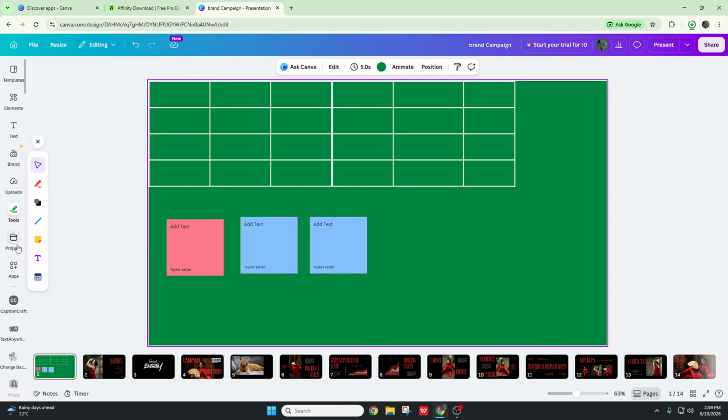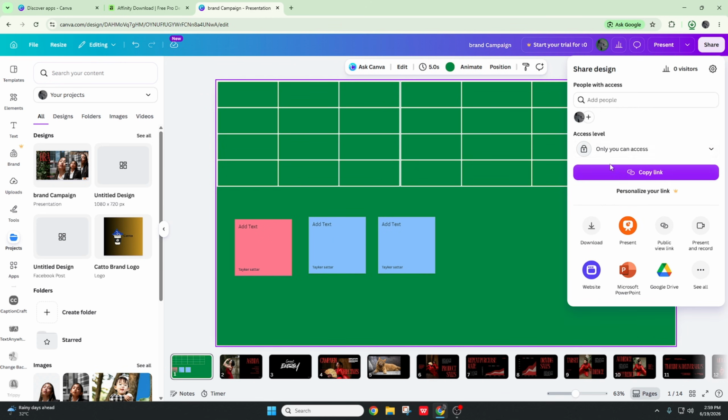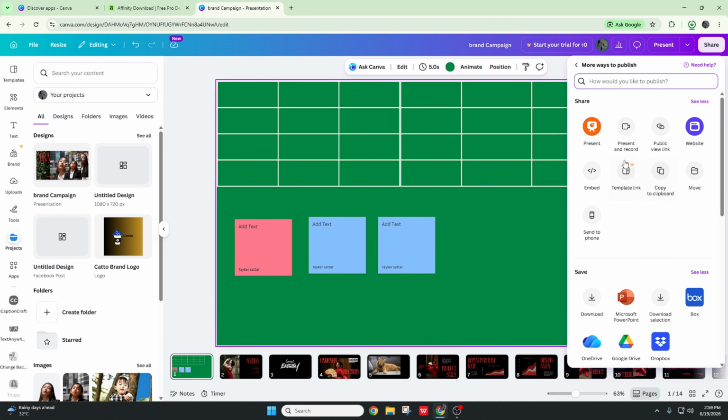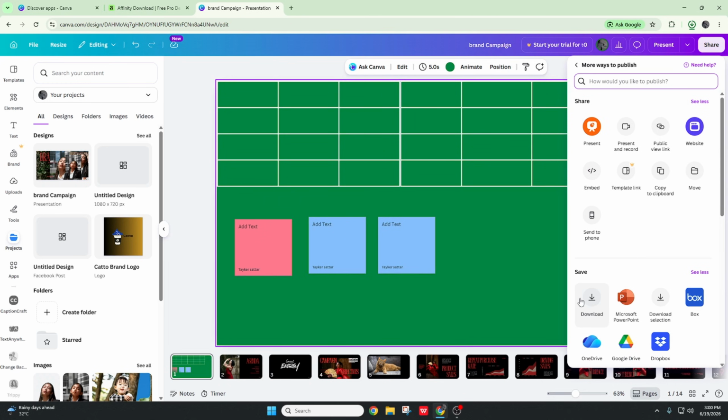And then after you're done editing, you can export. After tools, we have projects. Here again, all of your projects will be listed, and apps, I've already showed you about apps. And after you're done, you can hit on share, and these are all the export settings. If you click on see all, you can see all the export settings. You can just click on download, you can click download selected, you can embed, you can send to your phone,